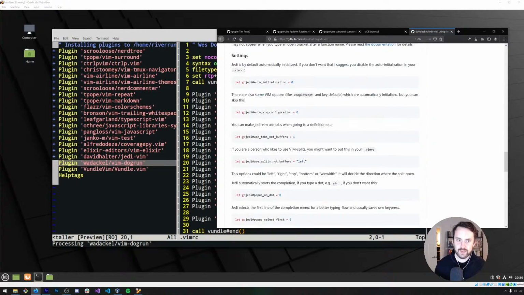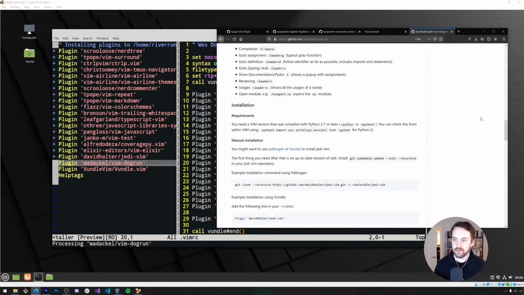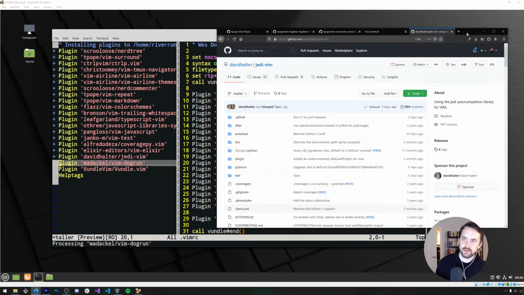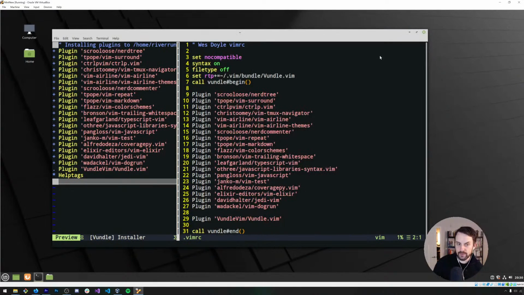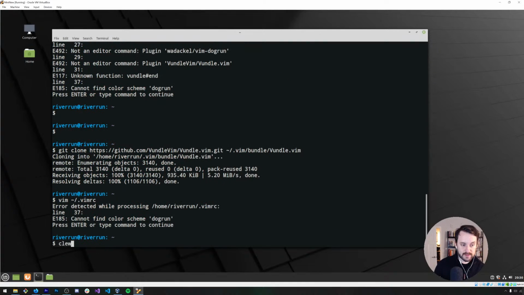Actually, Jedi Vim is pretty useful for things like NumPy, where the library is huge, but the problem is that the first time you use Jedi on any module within NumPy, it takes a long time, up to 10 or 15 seconds sometimes.